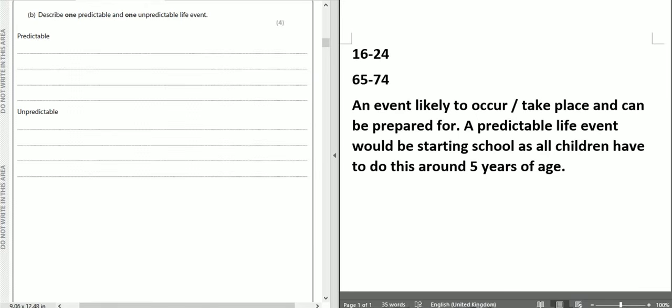But other life events you could pick, some of the other ones I thought about: leaving home is often a common one. Most people will leave home in early adulthood, if not earlier. And retirement is a predictable life event. Everyone will generally retire from employment. An unpredictable life event,